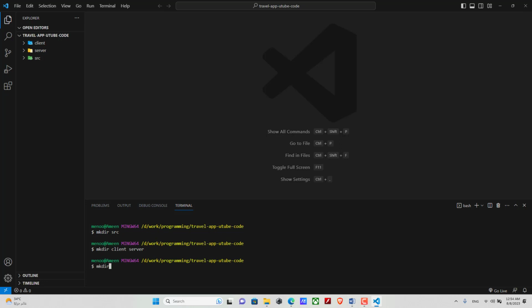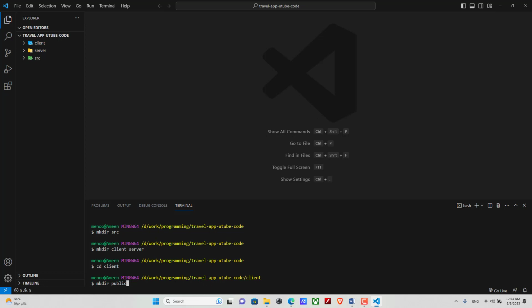And inside the client one, let me, for example, make directory, and let me inside the client put just like, I can write the client like this, but you know what, it's better to cd, which means that I'm gonna get into the client, and inside the client I'm gonna make two directories, one for the public, in which we're gonna put the style and the